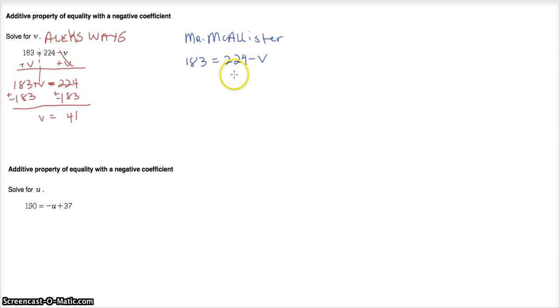And here's why I like my way more. Previously, in the last 6 set of examples and all of the future set of examples, we're not going to move the variable around. We're going to keep it in the same spot. And so with Alex's way, we move the variable. But here, all we're going to do is add negative 224